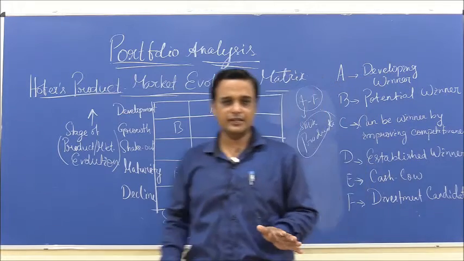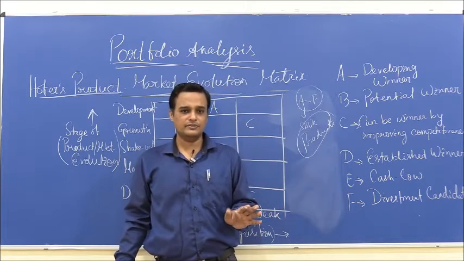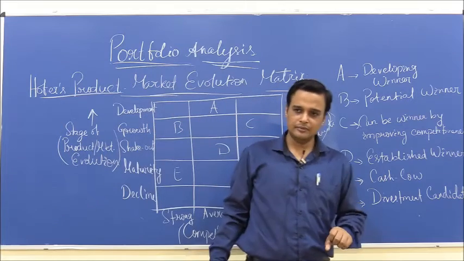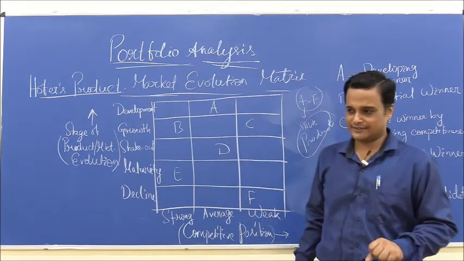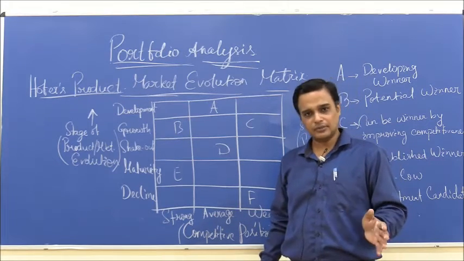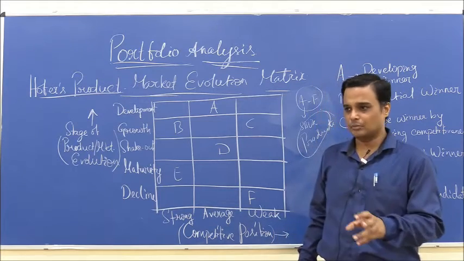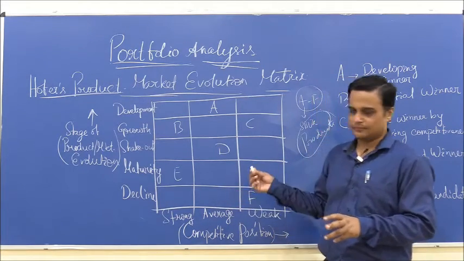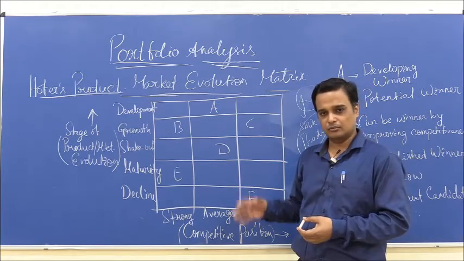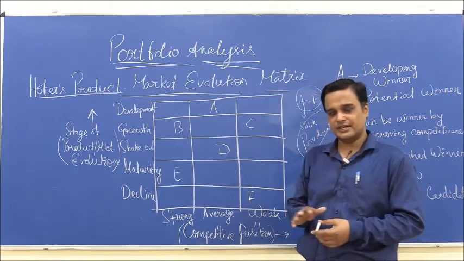It is wise to remind here that portfolio analysis is best suited for companies with multiple product lines or groups of companies, conglomerates. For single product companies also you can conduct this analysis, but there are simpler tools. There are better ways to analyze simple one product companies and their performance. This is more suited because it adds more granularity and more resolution to the GE 9 cell matrix. It is an improvement over the GE 9 cell matrix also.